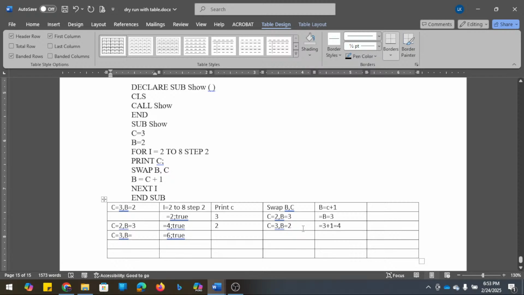C is 2. Print C. Now C equals 3, B equals 3. B equals 3 plus 1, 4. Okay.